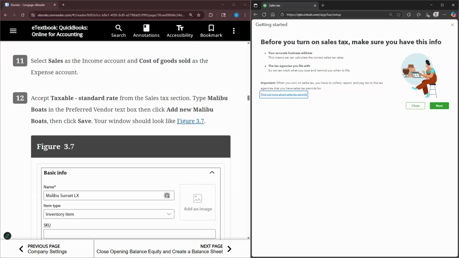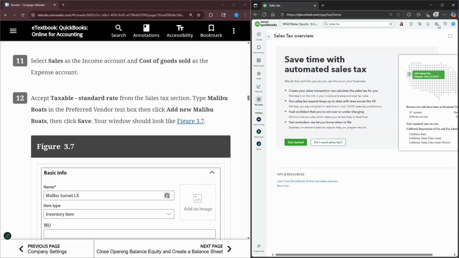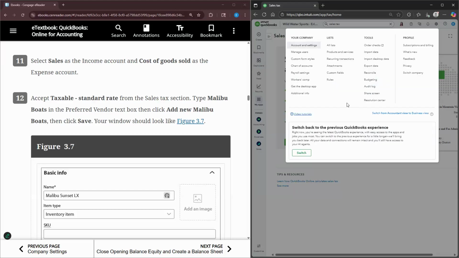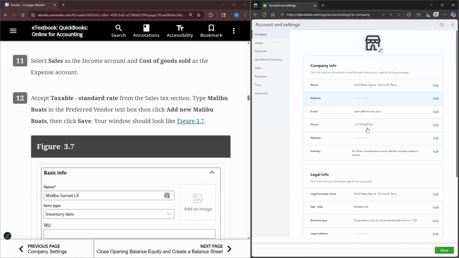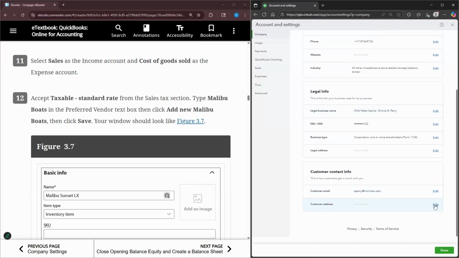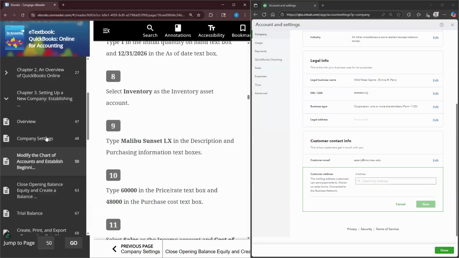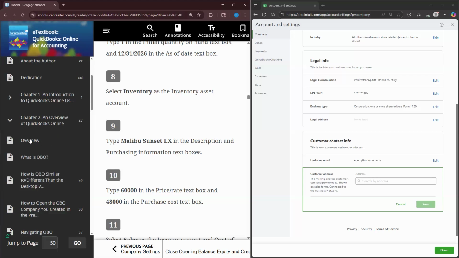And it says, before you turn on sales tax, make sure you have this info, your accurate business address, and the tax agencies with which you file with. So there's more than one thing that you can do. You can go to your accountant settings and make sure that the business address is here. So we scroll down and we see, hey, wait, the address is not here. So what you can do, if you go back to chapter 2 where it shows you this information,